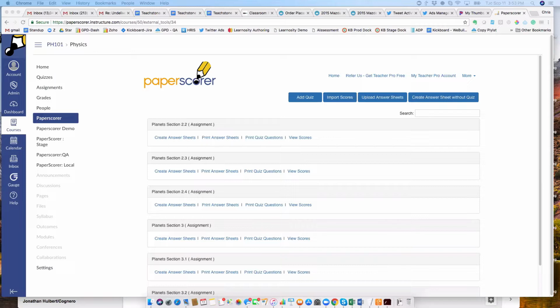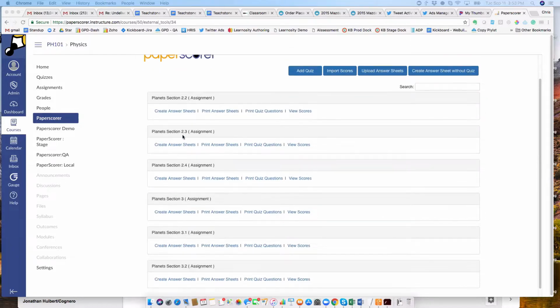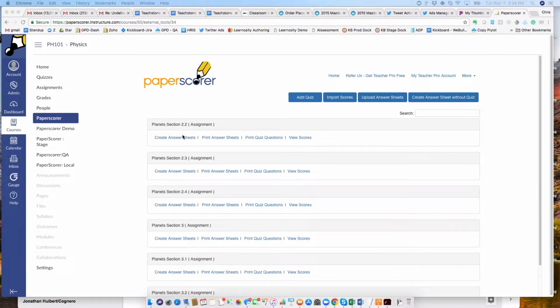So we're here on Paperscorer, and you'll see within a Canvas environment, this link here to the left shows the Paperscorer link, which shows up as soon as you install Paperscorer. Paperscorer is pretty easy to install, and you can do so for free if you want to try it out. To the right here, you'll see any published quizzes that you've published within your